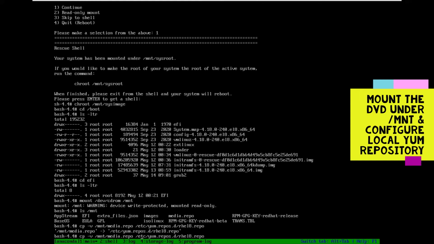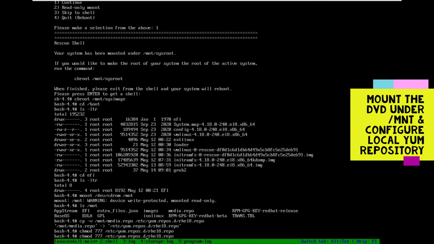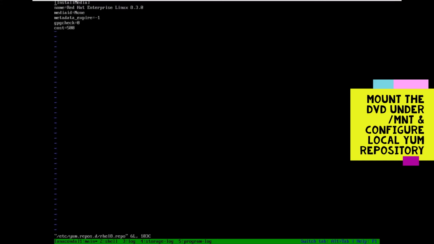Now let's change the permission on this file so that we can write and modify the file. So in the rhel8.repo, by default it is configured to obtain all the packages from the internet, but now we'll set the base URL here as /mnt/BaseOS.